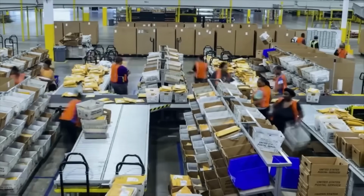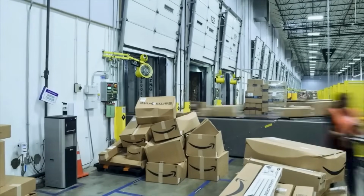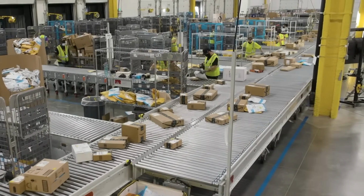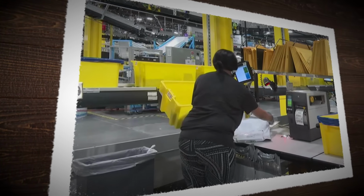Every step of the way, packages are scanned and double-checked. When an item is picked, it's scanned. When it's packed, it's scanned again. At every scan point, systems compare what's expected with what's actually in front of them. If a discrepancy pops up, say the weight doesn't match the product ID, the package is flagged and pulled for